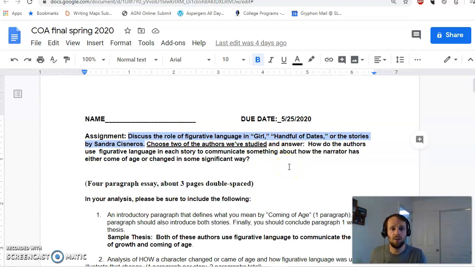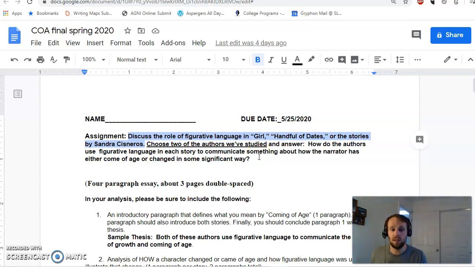How do the authors use figurative language in each story to communicate something about how the narrator has either come of age or changed in some significant way? Alright. So what that question does is it puts together 2 of the major threads, 2 of the major themes